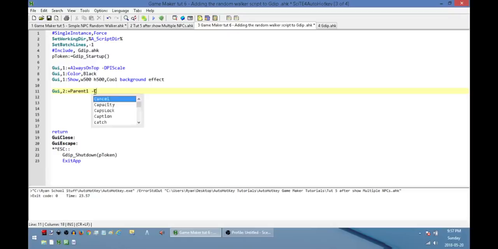Next thing I'll do is I'll remove the caption. So I'll get rid of all the border and everything like that from this second window. I'm going to make it last found, and then